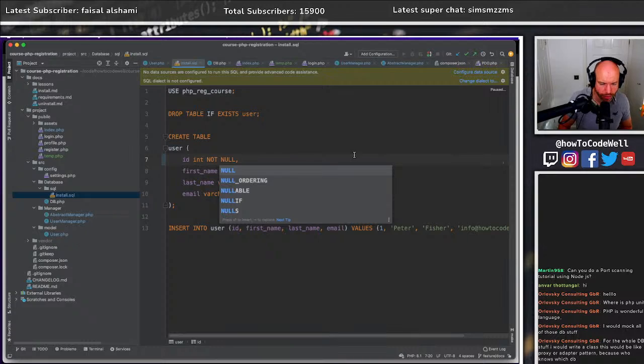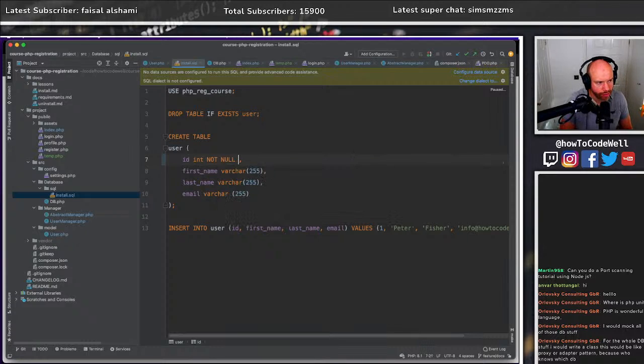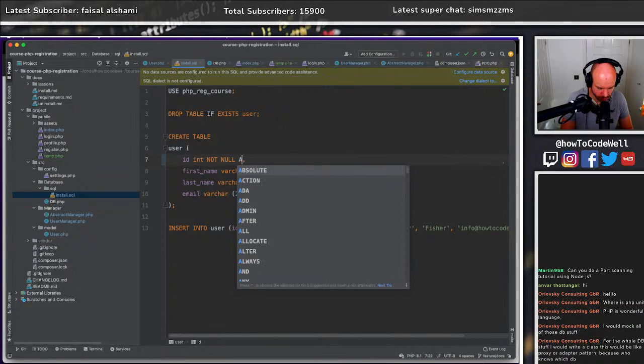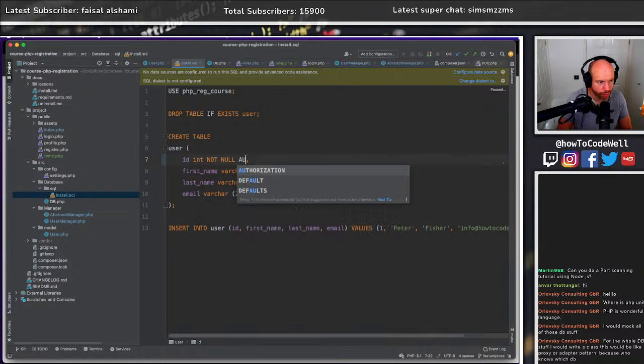I'll show you in a minute. Okay, so the ID is the primary key. It's an int, it's not null, and it is auto increment,